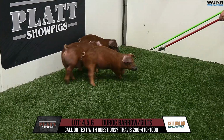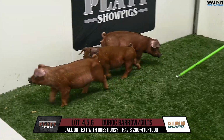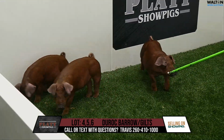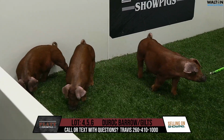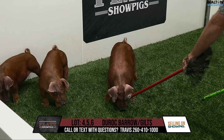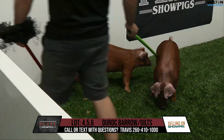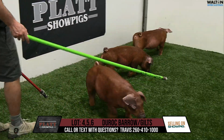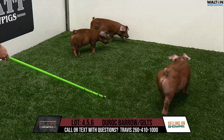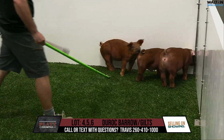All right, this was one Duroc barrow and then two Duroc gilts. This is the 42 litter. They would be March 10th born red ones, and they're a partner litter with our good buddy Braden Bowers there in Wisconsin. He sent a few sows down here, and this is one of our first litters out of those three sows that they've got down here, and this is a good litter of pigs, and I think these should